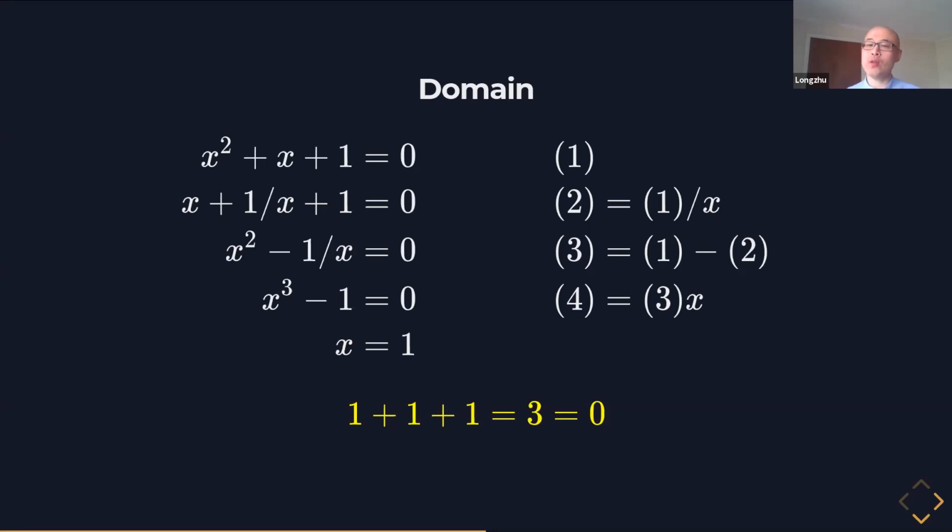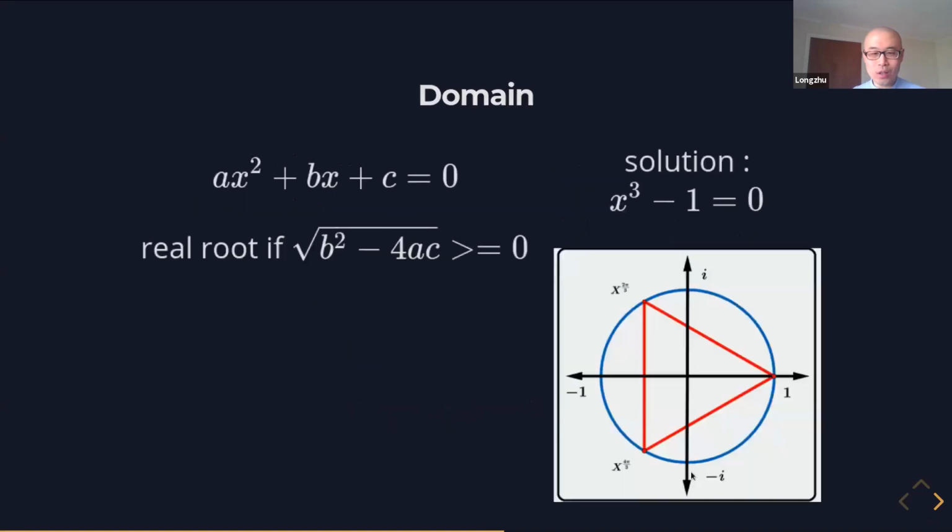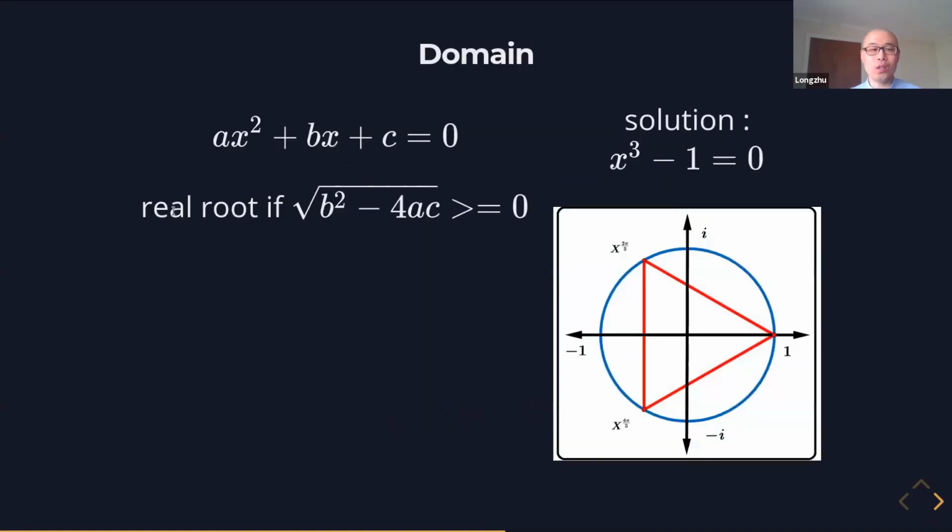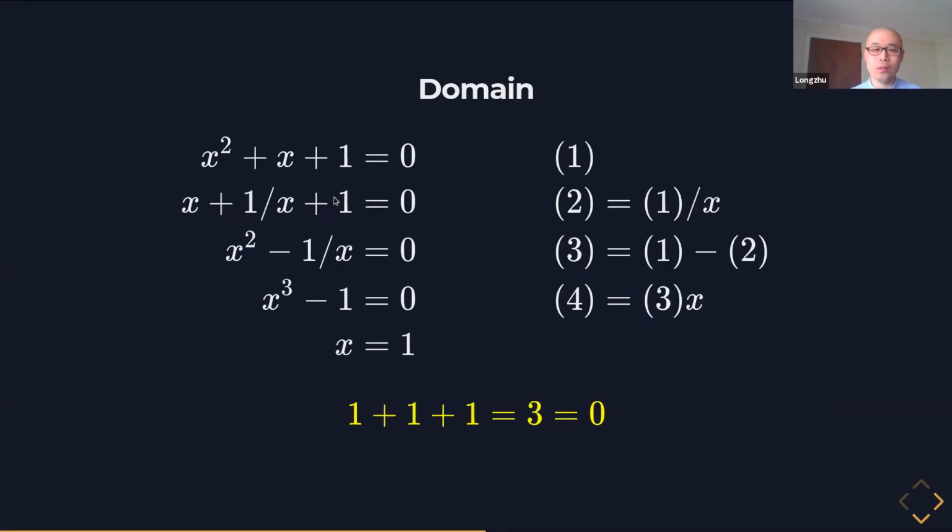I think this question is very simple, right? We all know how to do this kind of calculation, but somehow the mistake is more or less hidden somewhere. This is a quadratic equation, right? We know from high school even how to solve quadratic equations, right? So if you look at here, there's a real root formula to get the quadratic equation's solutions. If you plug in this number here, you find